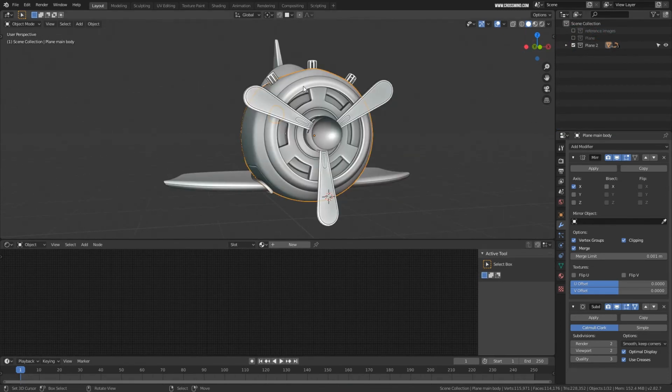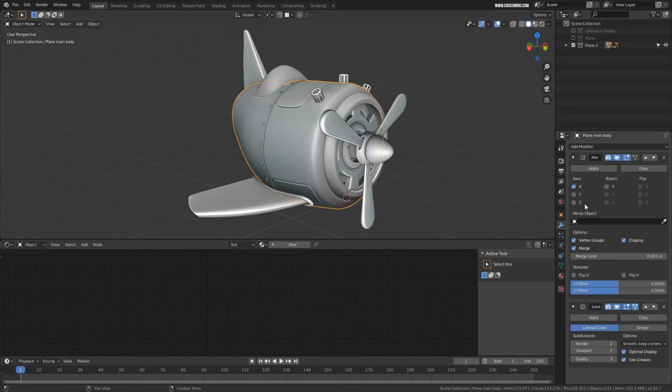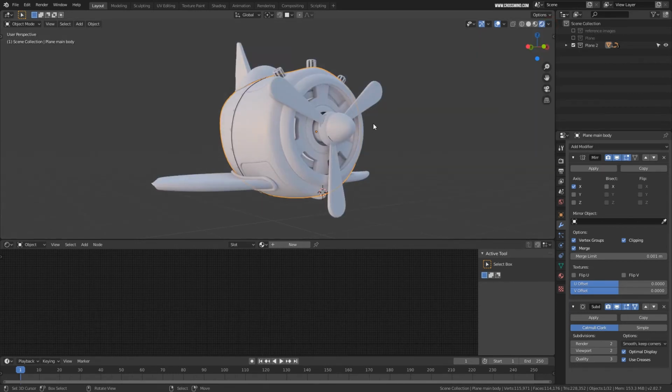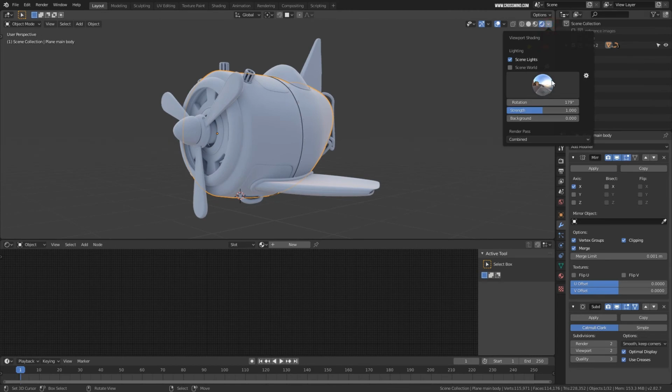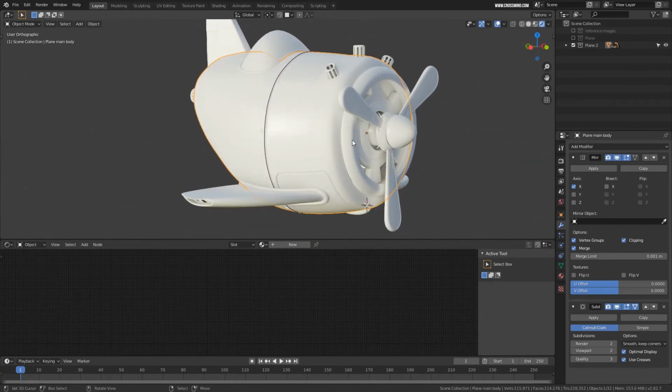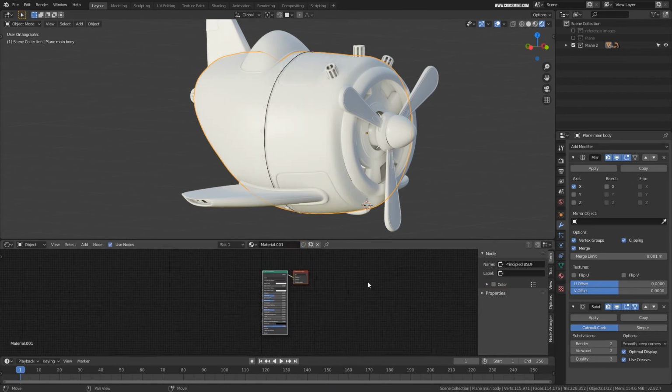Right now I'm just going to give it some very basic shaders. Let's enable the rendered view for the EV and change this to scene world instead. Disable the scene world so that we can see these HDRIs in the viewport. Okay, and if you want, you can increase the strength a bit. Now for this main body, I can bring in one simple